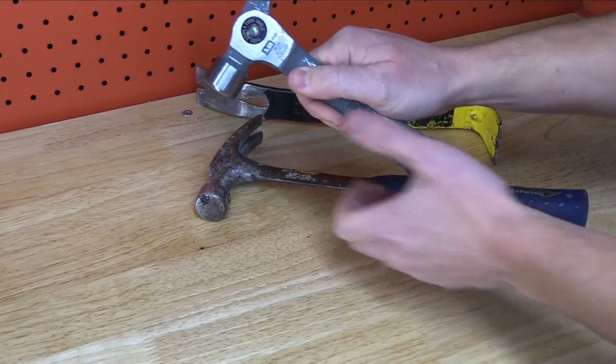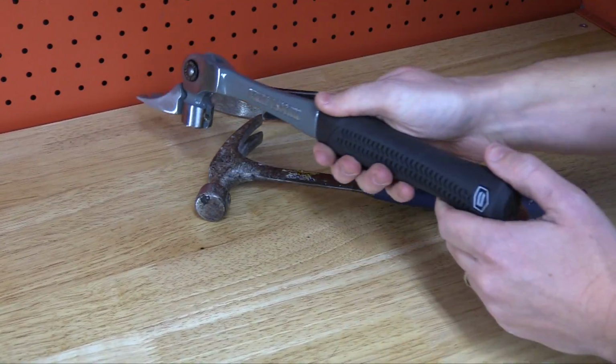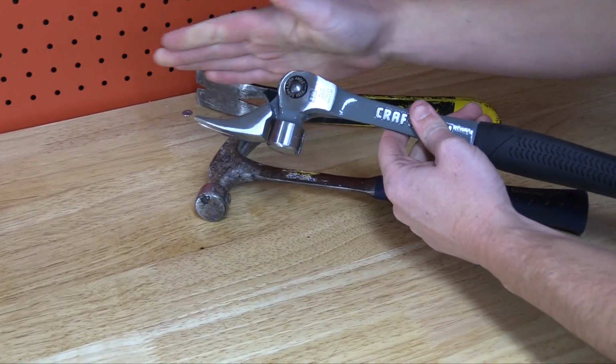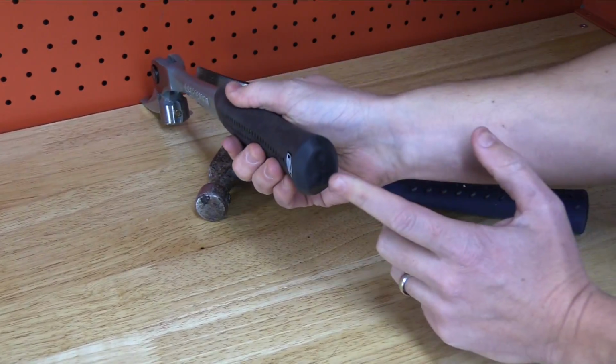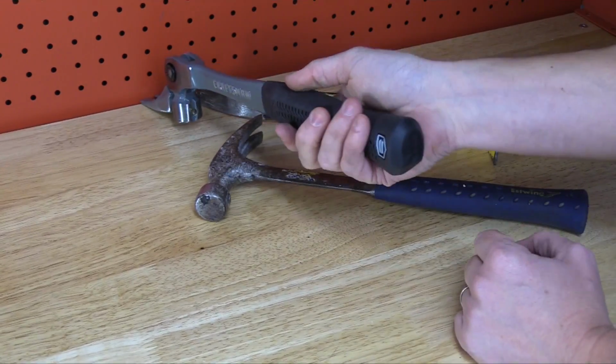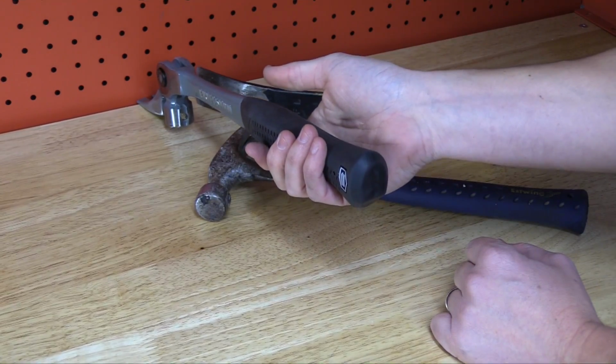When we look at the Craftsman, let's say I wanted to put that underneath a piece of baseboard. I would rotate that forward. The head on it is going to be very large, so it couldn't really extend underneath very far. And because the end of the unit is going to be made out of rubber, if I hit that, I will damage it. Other than just forcing it in there by hand, which would not drive it in very far,